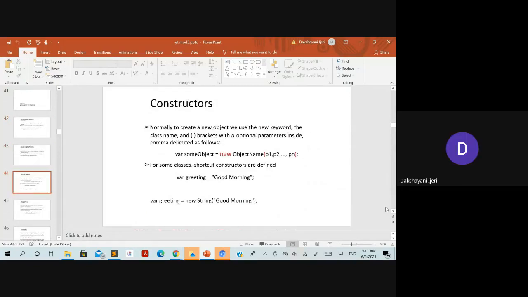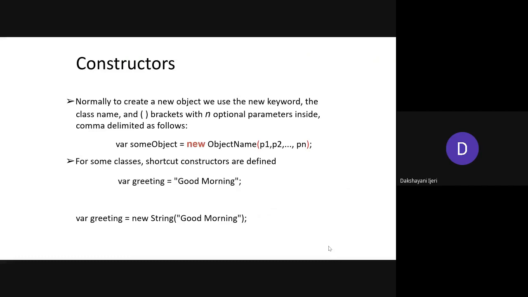I think even I have started with the constructors. So we have begun with the syntax, or what are the programmable concepts that you can use in JavaScript. For using the string and the variables, I told you that it is dynamically typed, and the keyword used for declaring any variable is var followed by the name of the variable. If you use the string this way, taking only the variable name followed by the value of the string that you are going to store, this is the shortcut way of using it.